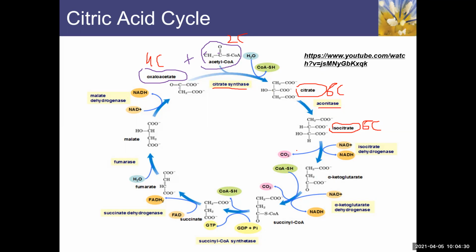Once the isocitrate is produced, which is again a 6 carbon compound, this isocitrate will be further converted into alpha ketoglutarate. This will be oxidized to alpha ketoglutarate. And what is the enzyme here? We have isocitrate dehydrogenase. And remember that this is a very important step. This is the step where the first molecule of